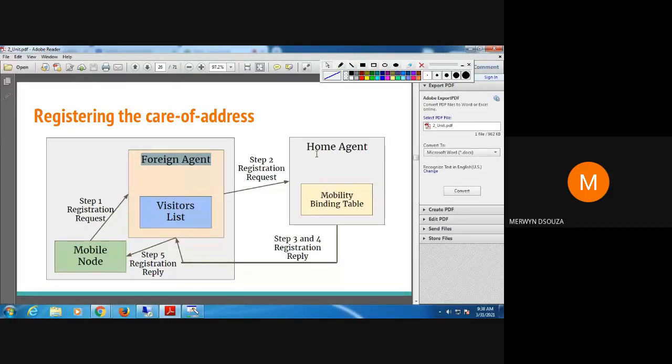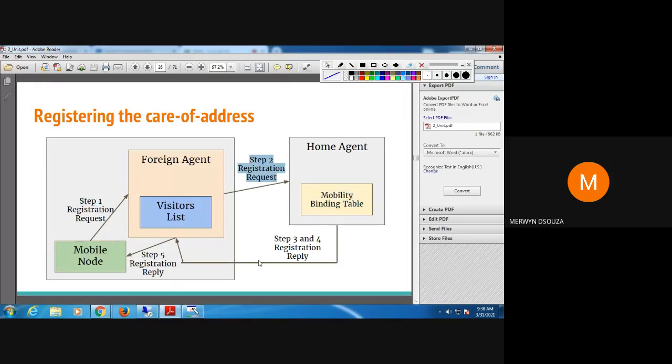When the home agent gets this request, it updates its table. It binds the care of address with the home address of the mobile node. So basically it updates its routing table. Once it updates, in the fourth step, it acknowledges the request that it had got in step 2.